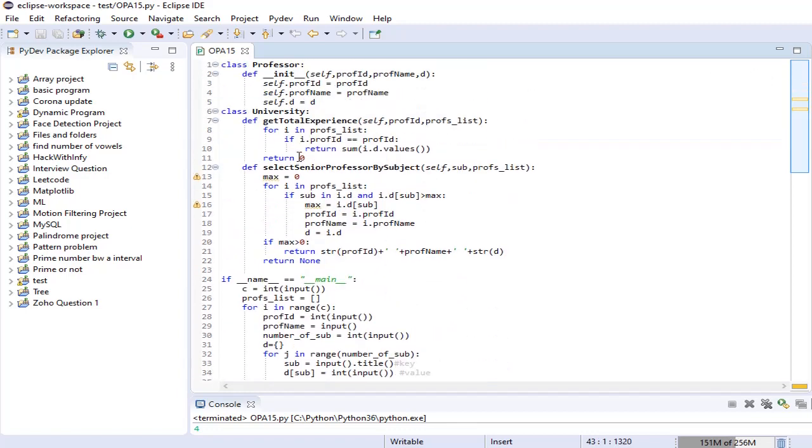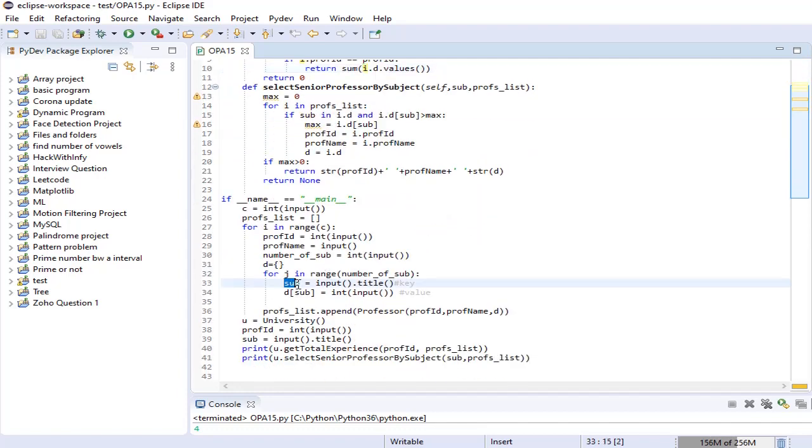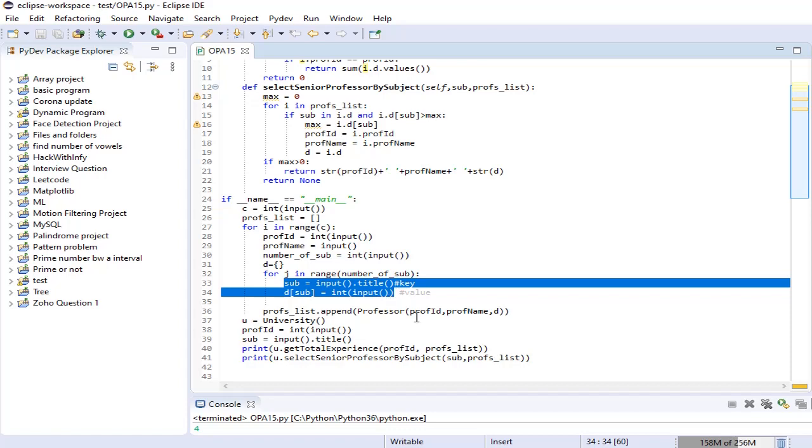After locating the required professor's object from the list professor list, we then access the dictionary of that professor using the command i.d. The dictionary attribute stores both the name of the subject and also the years of experience he has on each of those subjects.